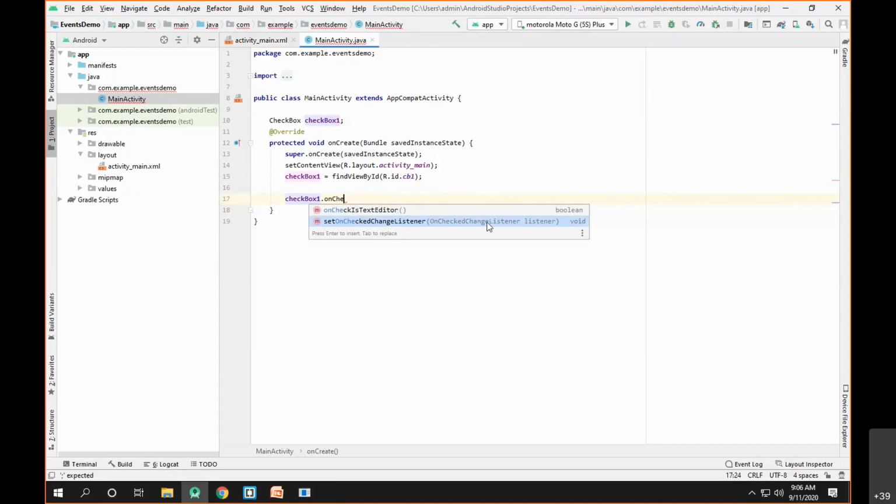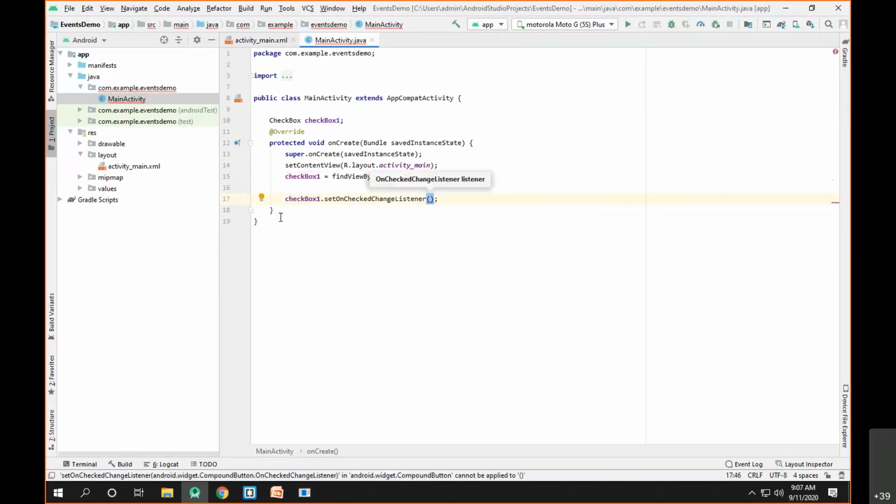In order to register it, we call the method setOnCheckedChangeListener. As you can see, it takes a parameter of type object.